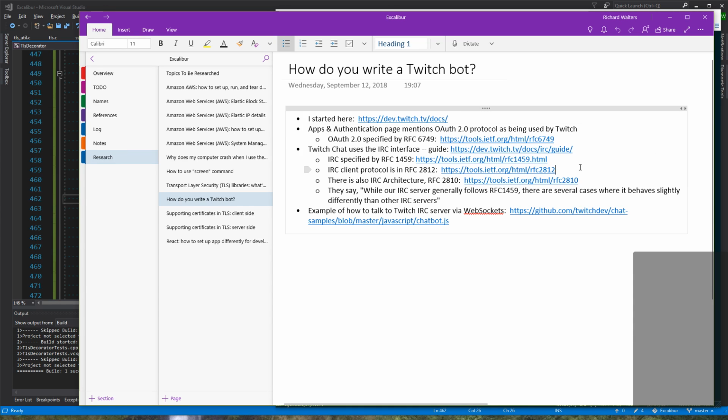But what I want to focus on first is I looked at the architecture of Twitch chat, and it's based off of, now it's 30 years old, believe it or not, the Internet Relay Chat specification set. And it's a pretty loose collection because it's so old. But IRC, Internet Relay Chat, there's a guide on Twitch. I started there, and it referred to the official RFC for it. I haven't yet read through it, but it turns out the IRC architecture is pretty basic and simple. And there's lots of examples you can find. I found a nice example about how to make a bot to talk to the Twitch IRC server via WebSockets, which